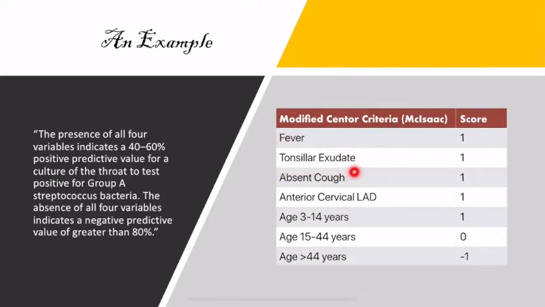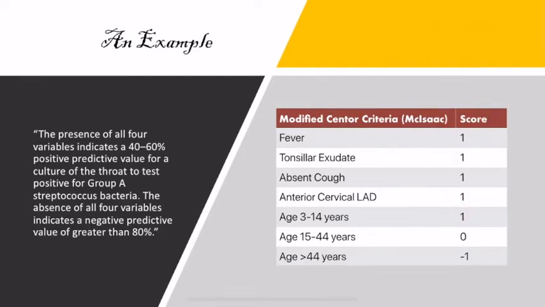But in general, the strict criteria are tonsillar exudate gets you a point, fever gets you a point, not having a cough gets you a point. If you have a sore throat and you're coughing like crazy, you're less likely to have streptococcal pharyngitis, okay? So without a cough, you get a point. If you have a cough, you don't get that point. You get 0 for that. And then the anterior cervical nodes gets you a point, okay? So you could have 4 points here,